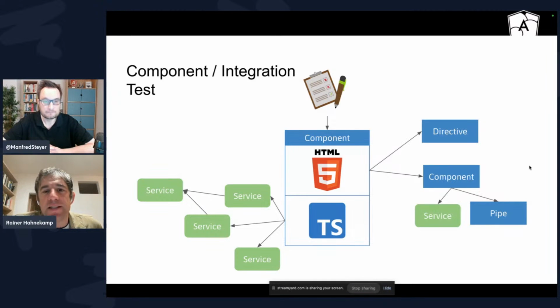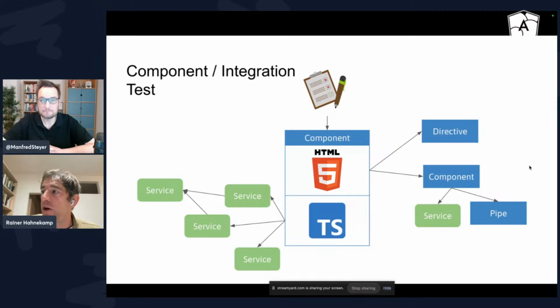So if it's a small feature, I would try to put as much as I can into the test together. If it's a huge application, then of course, just mocking the HTTP client will not be enough. You will also have to mock certain services which don't play a direct part in the feature. For example, a user service.